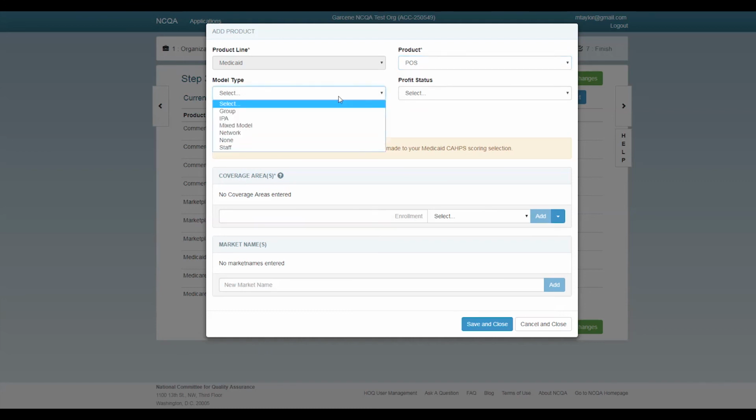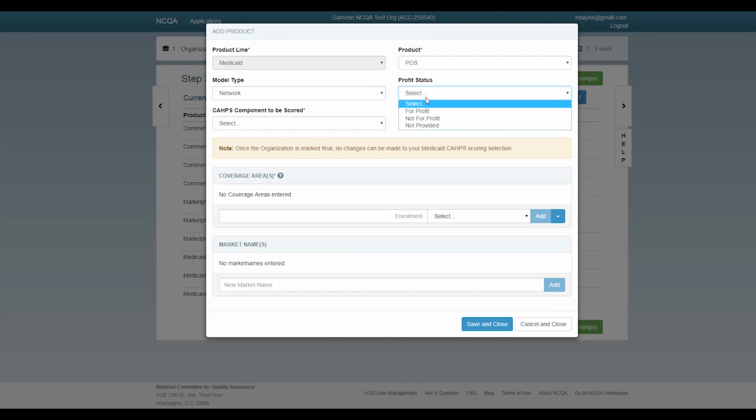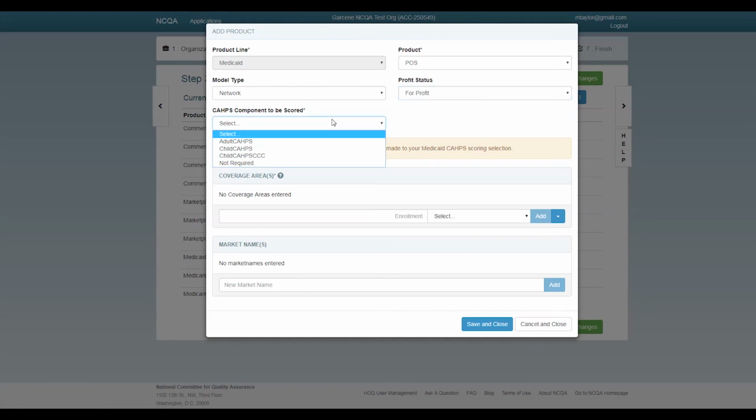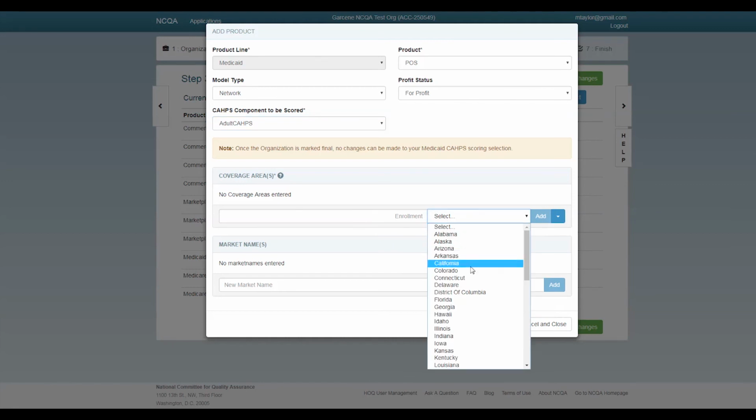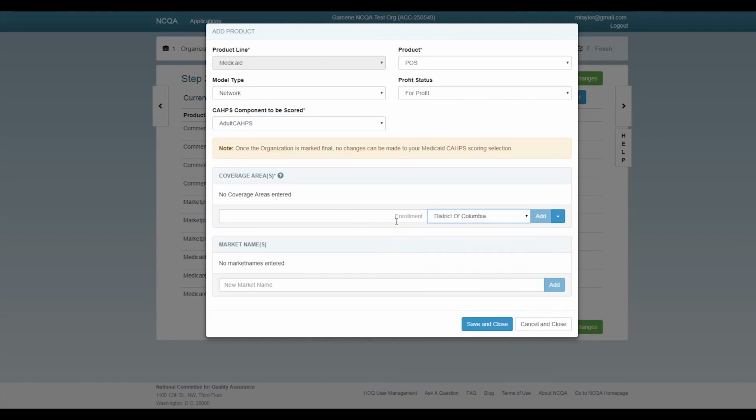And if you know your model type, you can put that in. Your profit status, if you know that, you put that in. And then, of course, because it's Medicaid, we have to select our CAHPS scoring component. And for this one, we do adult and our coverage area. So we're going to pick our states, put in our enrollment in,